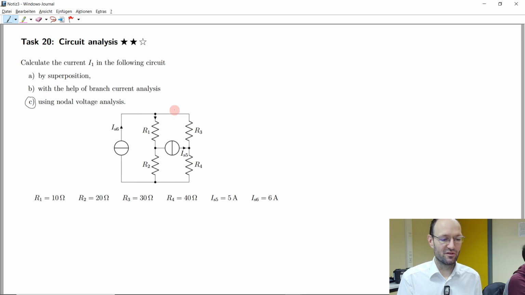And yeah, for this we need to know how this nodal voltage analysis works and how the steps are. And the first step was fairly simple. Does anyone remember? We need a reference node, and we still have these 1, 2, 3, 4 nodes, and we can select any of them as a reference node. Usually you would go for the one at the bottom of the network, but at the end it does not matter. So we select this one as a reference node, and the other nodes,